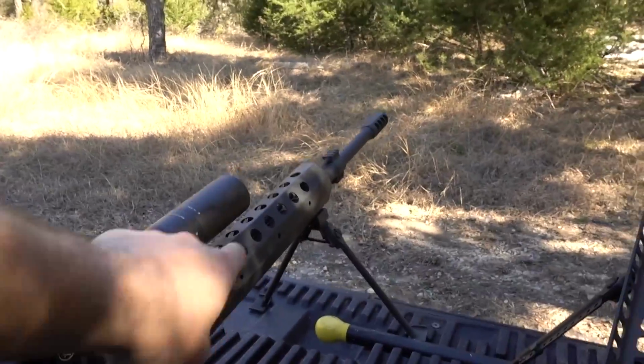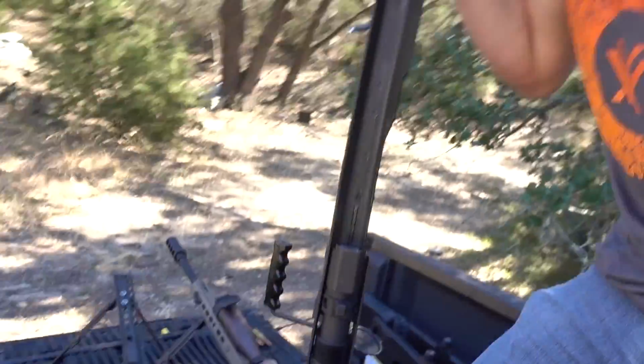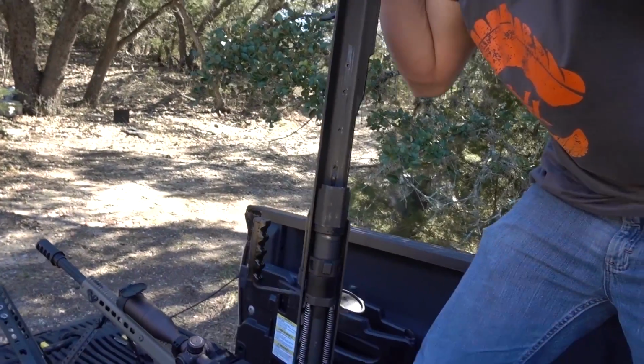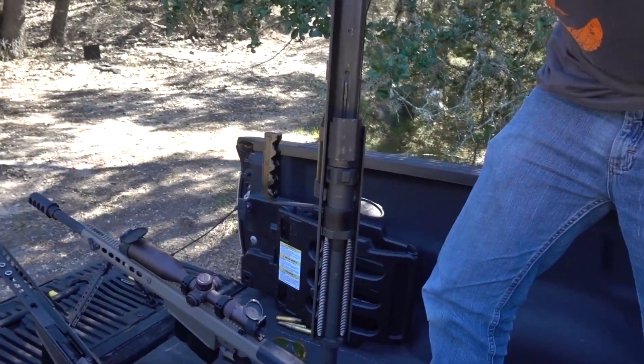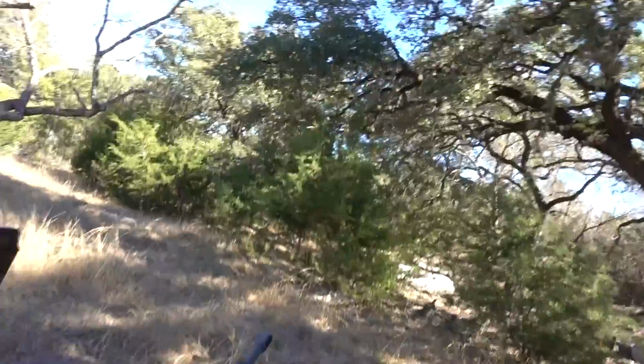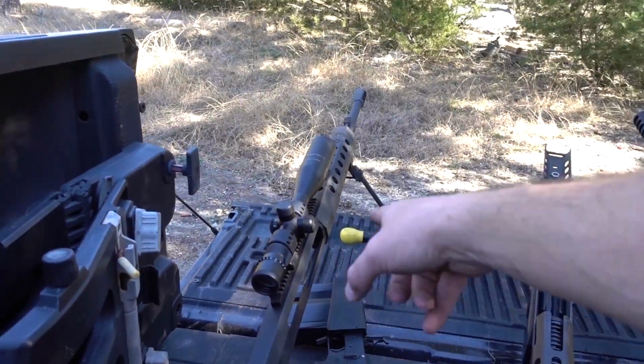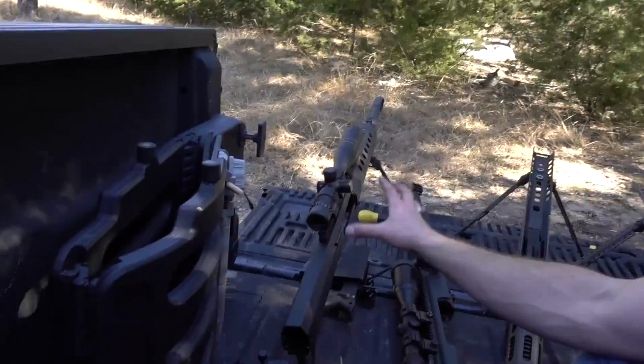This barrel is fixed. It doesn't move at all when you fire. The Barrett barrel, let me show you, has some springs in here, and when you fire, the gun pulls the barrel backwards. So the barrel actually goes into the gun when you fire it. This is to help eject the spent shell, to help bring in the new round, and this gun doesn't do it. So they say that the Serbu is more accurate because the barrel does not move while firing. That's pretty much all the differences between the Serbu